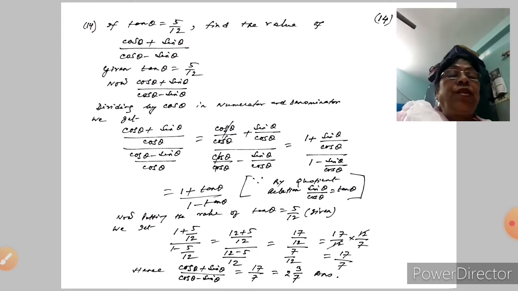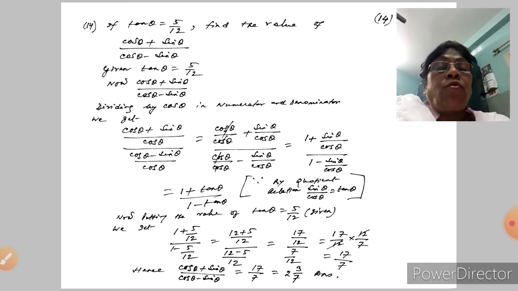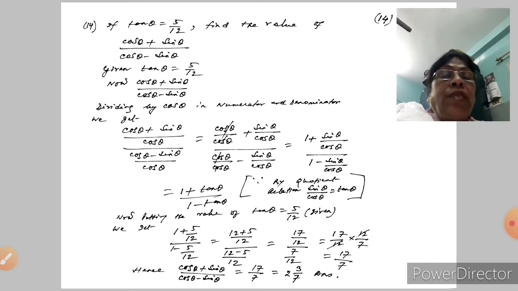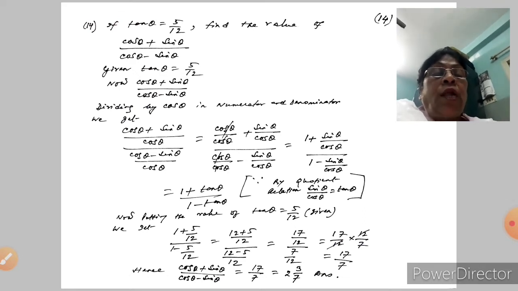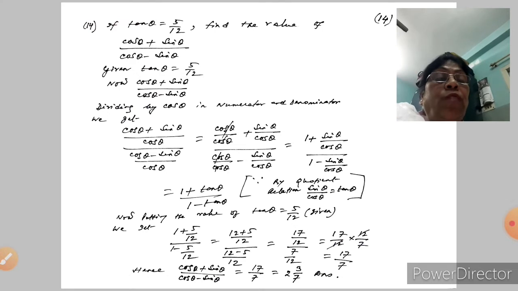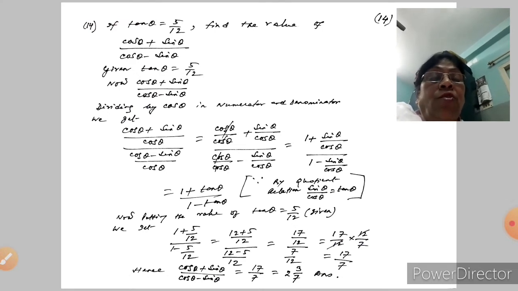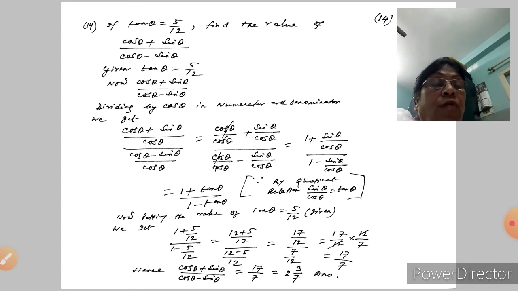Question number 14. If tan theta is equal to 5 by 12, find the value of cos theta plus sin theta by cos theta minus sin theta. Given tan theta is equal to 5 by 12. Now, cos theta plus sin theta by cos theta minus sin theta. Dividing by cos theta in numerator and denominator, we get cos theta plus sin theta by cos theta, minus sin theta by cos theta. So, in this way we found out 1 plus sin theta by cos theta, 1 minus sin theta